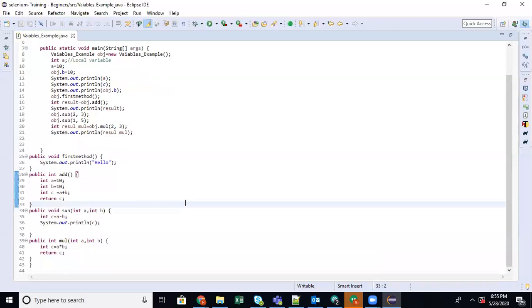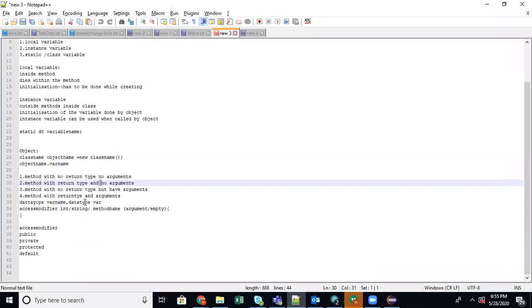Okay. Now, the next topic is method overloading. What does method overloading mean? Creating the same method with the same method name but different arguments.